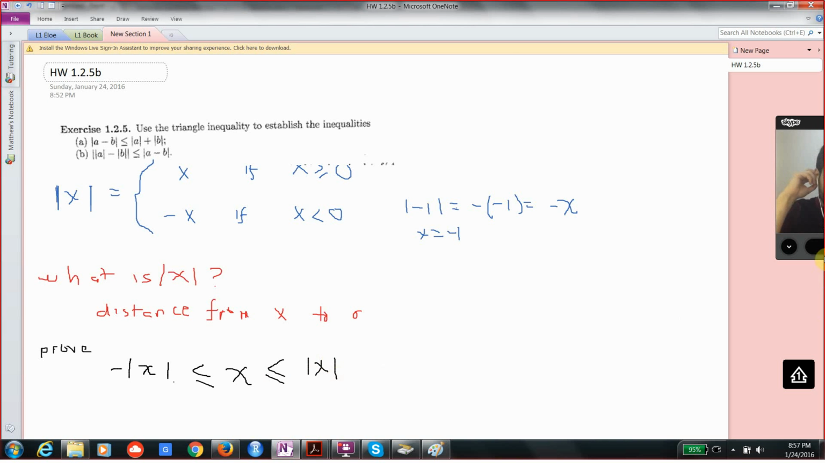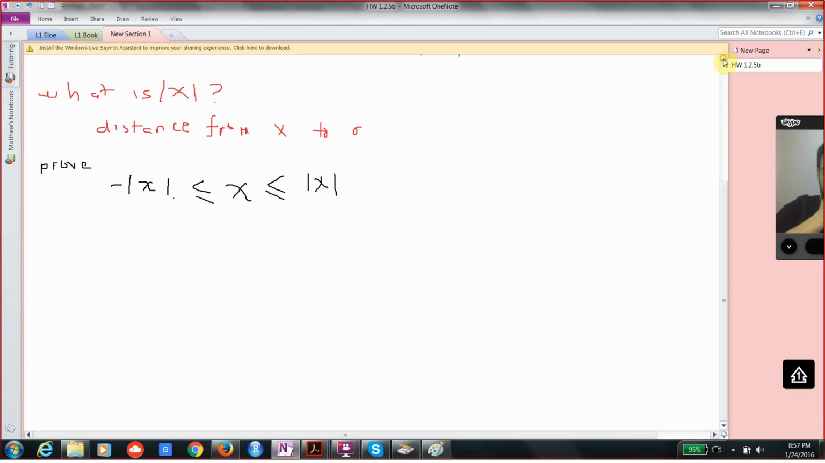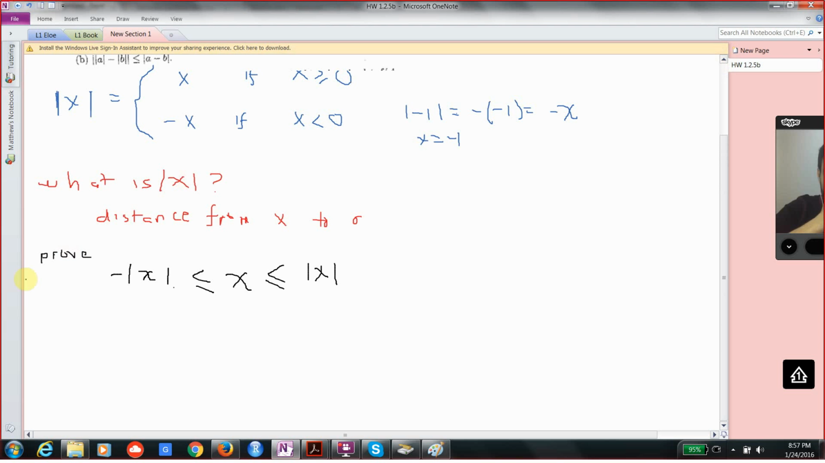Now there are different ways we can prove that. One way is to look at the different cases for x: the case when x is positive and when x is negative. So we have two cases. We can prove this is true when x is greater than or equal to 0. That's our first case. So let's do that. When x is greater than or equal to 0,